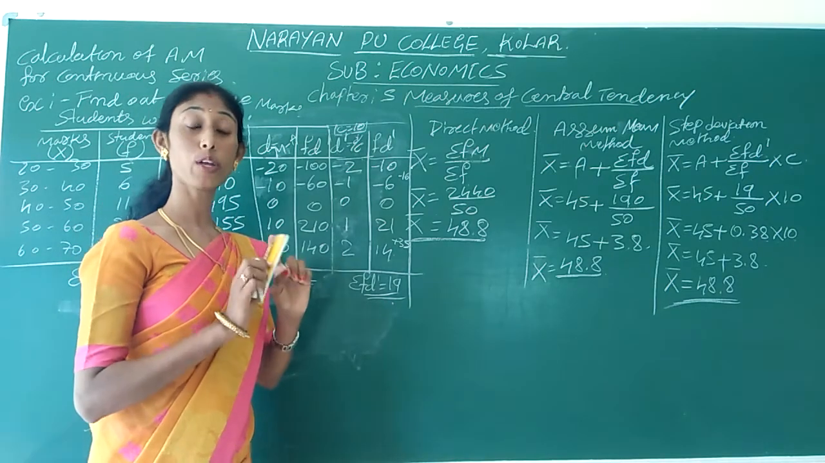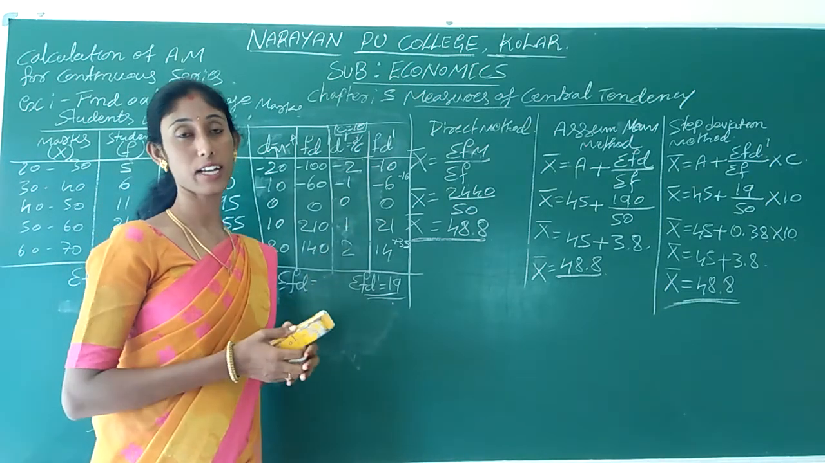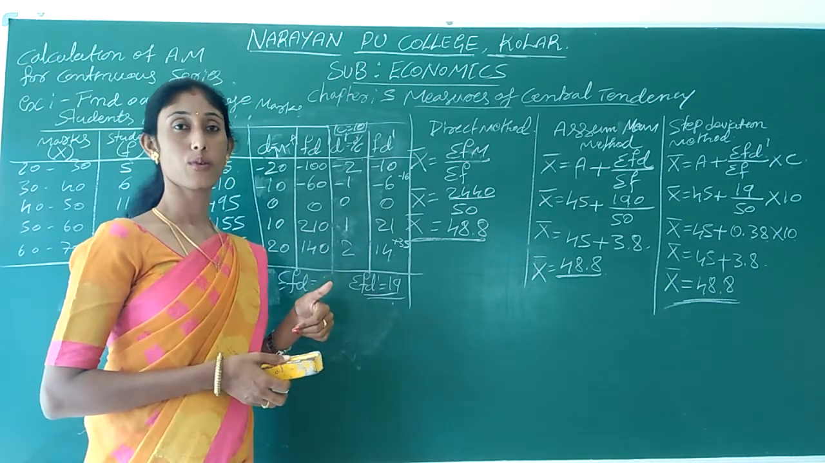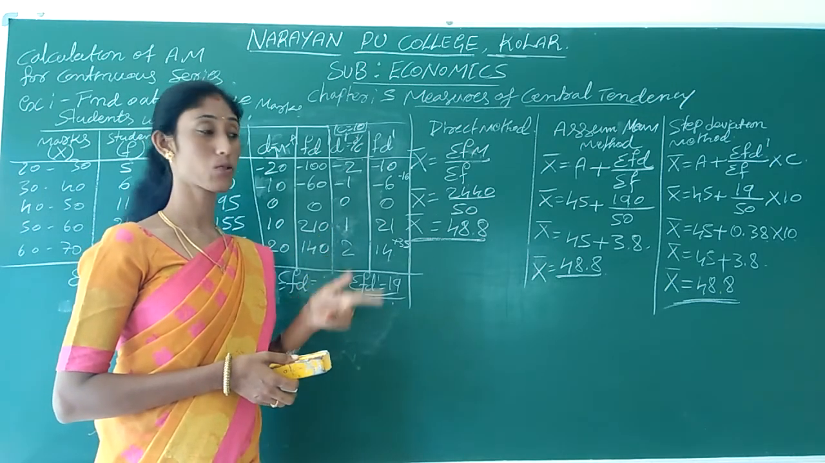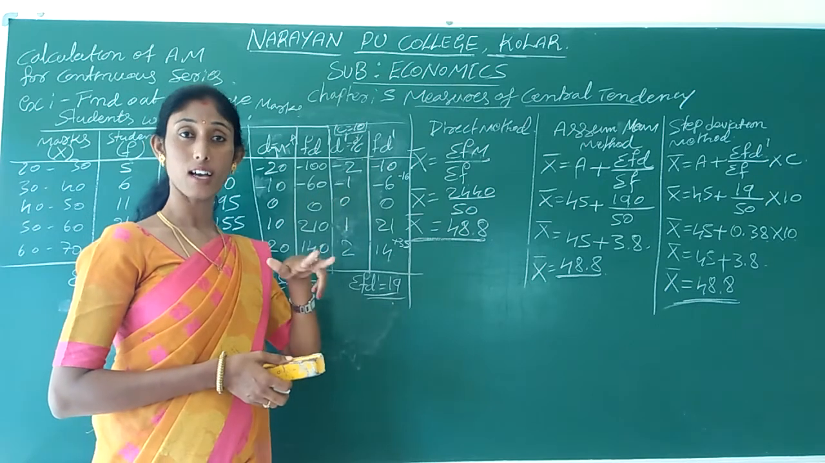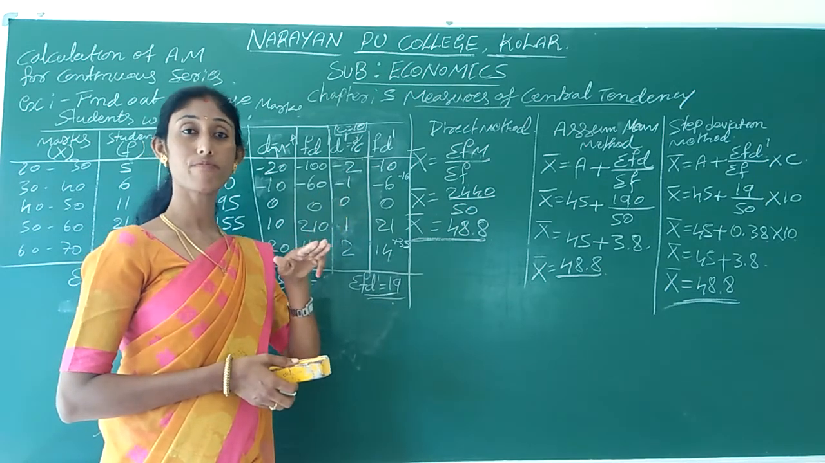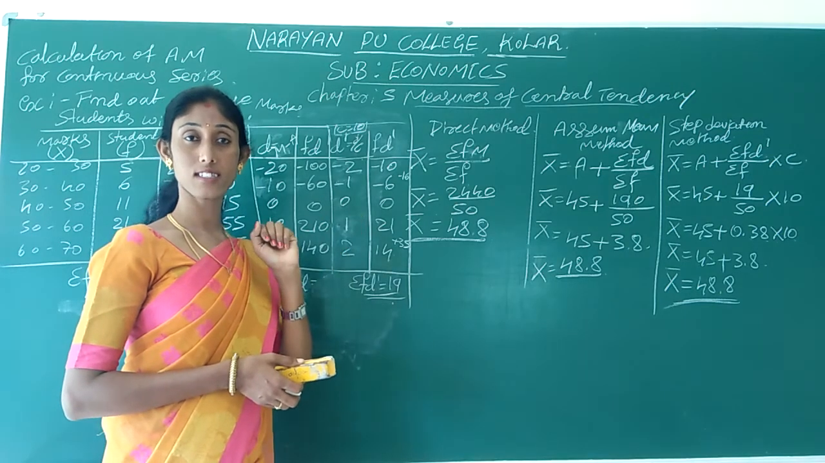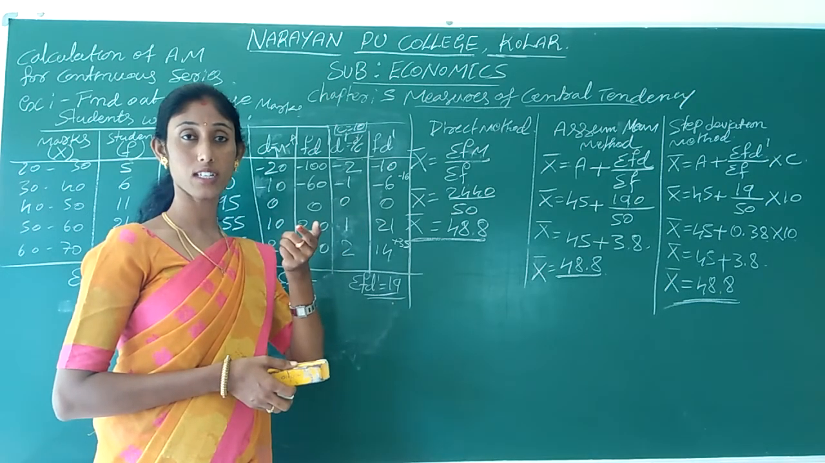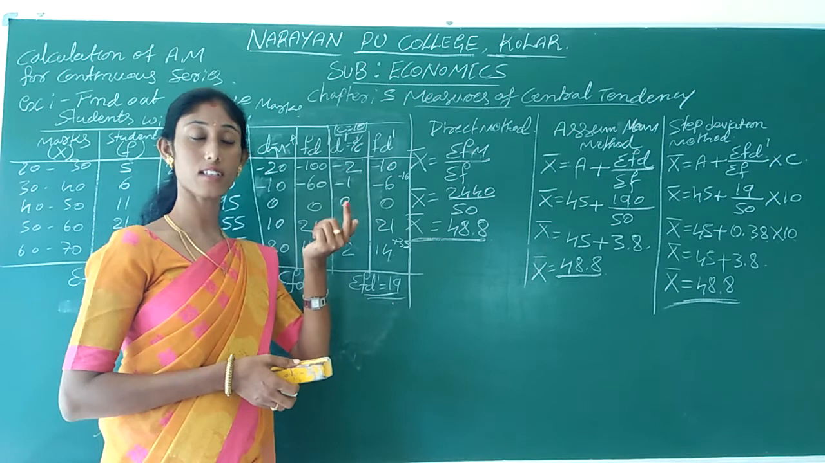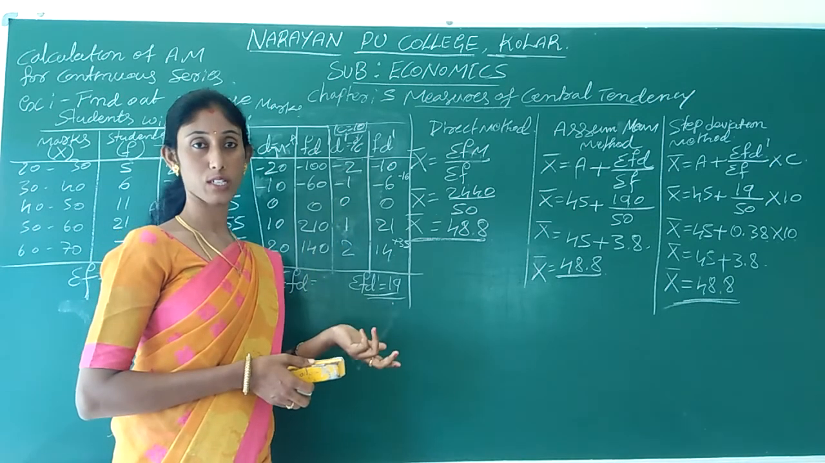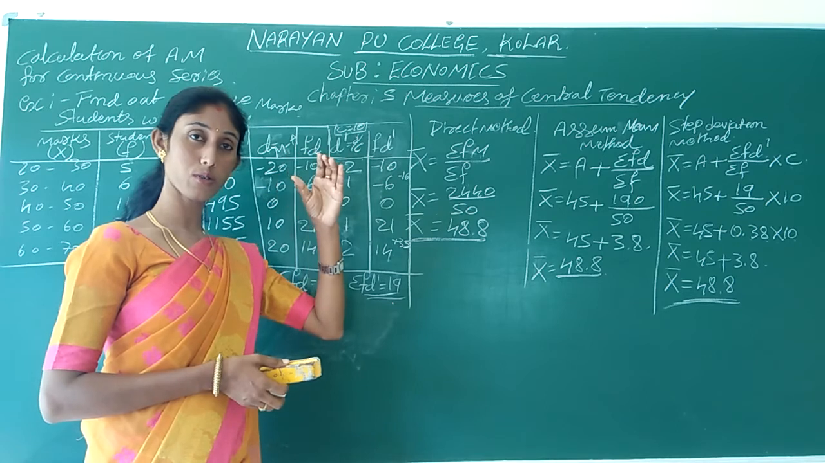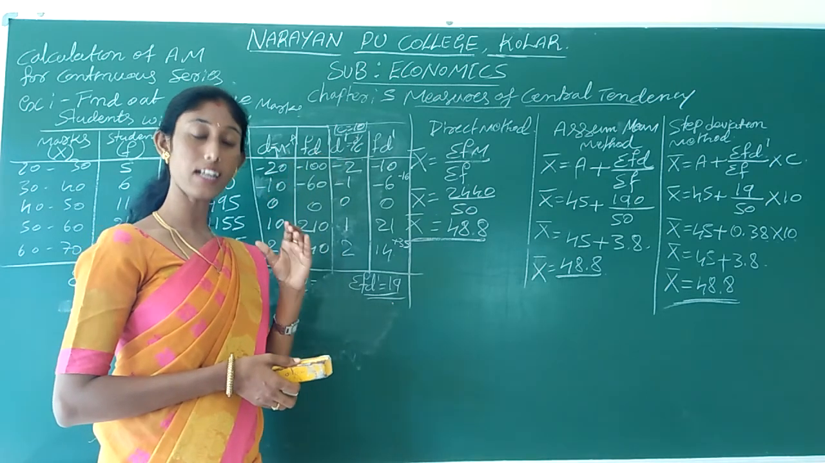And now I am going to give one chart relating to the formulas. When the data is in individual series, what is the direct method formula, assuming method formula, and step deviation method formula. And when data is in discrete series, what is the direct method formula, assuming and step deviation formula. When the data is in three forms, individual series, discrete series, and continuous